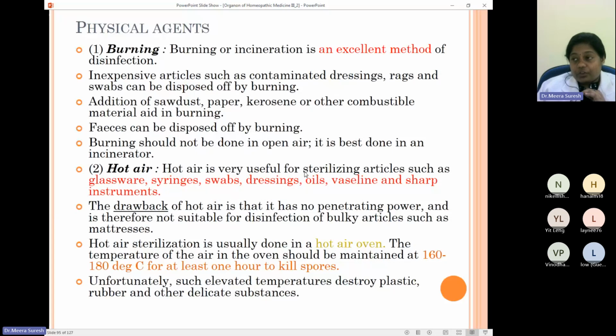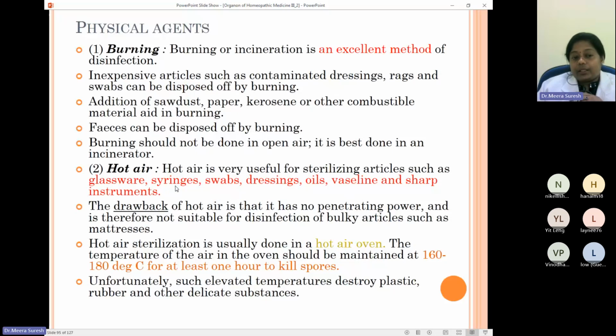So we are going to use it for sterilizing the articles, especially those used at the hospital level: the glassware, the syringes, swabs, dressing, oil, Vaseline, and sharp instruments. According to those things, the temperature will be set. If it is oil or Vaseline, the temperature will be set in such a manner and it will be done in the hot air oven